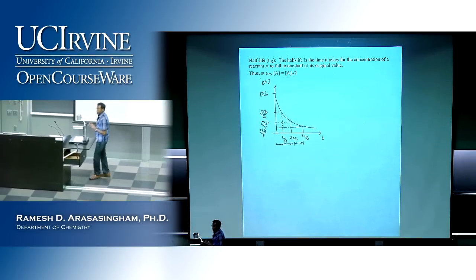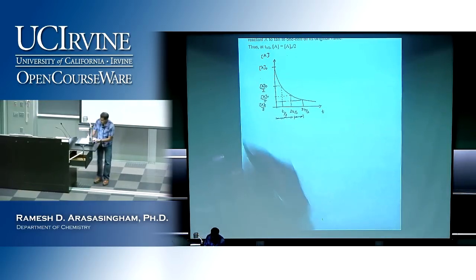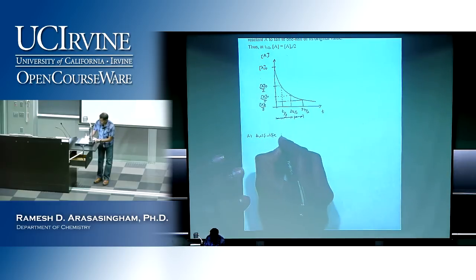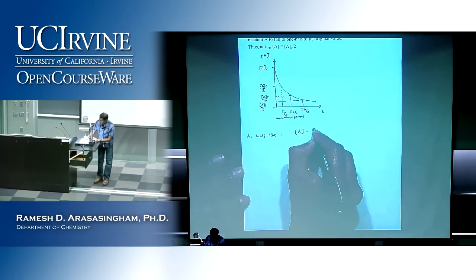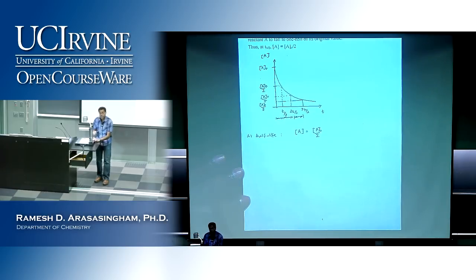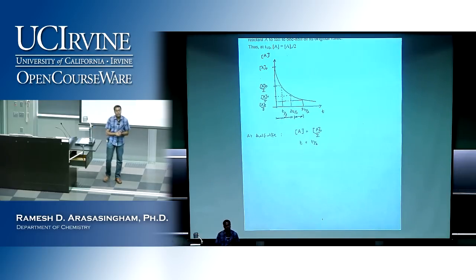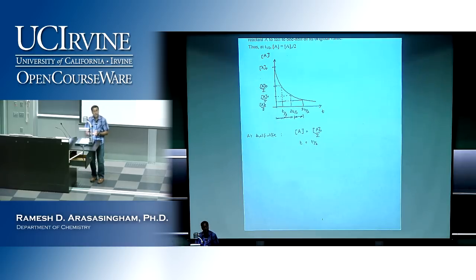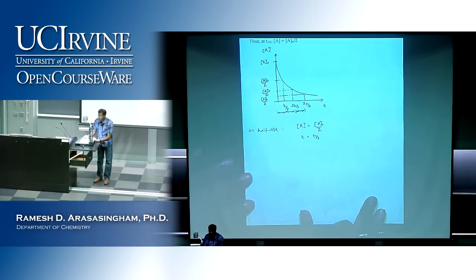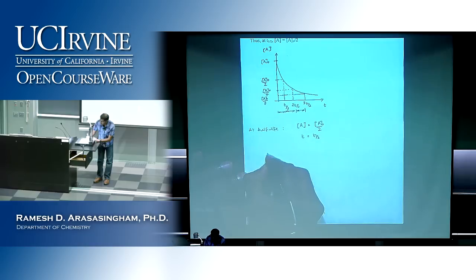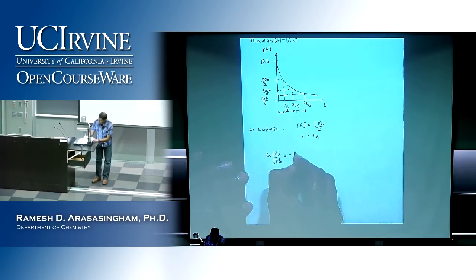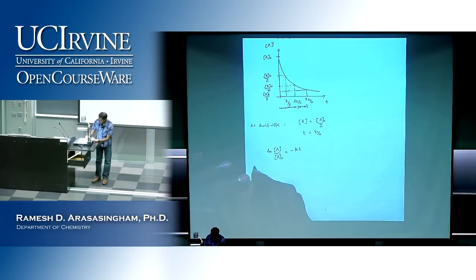So if we want to derive an equation for half-life, we can say at half-life, we know that the concentration of A is half the original concentration, and now t becomes t half, because the time it takes for that is half-life, and we call that t half. So if we go back to the original equation that we derived for the first order reaction, we know ln A over A0 equals minus kt,